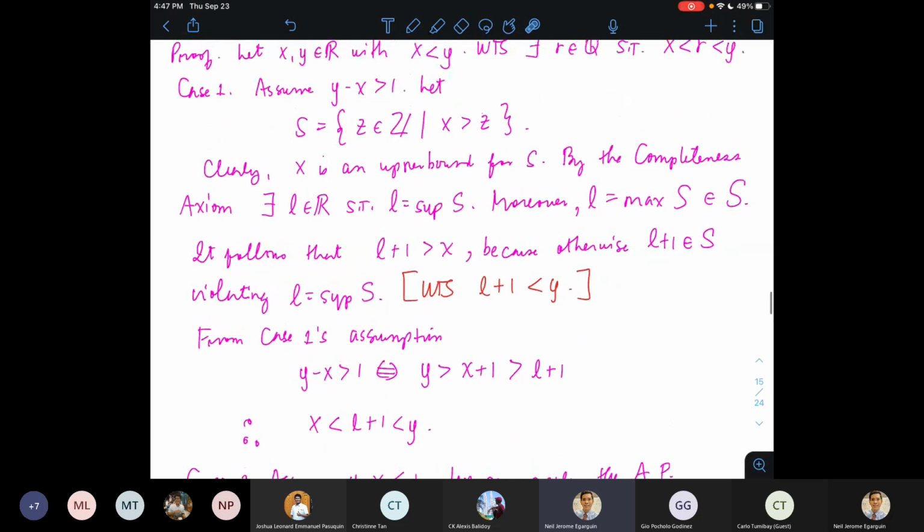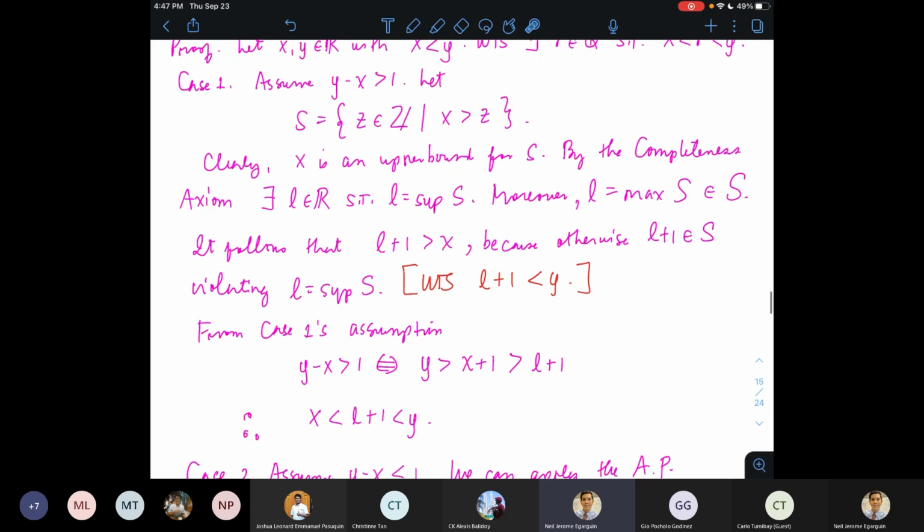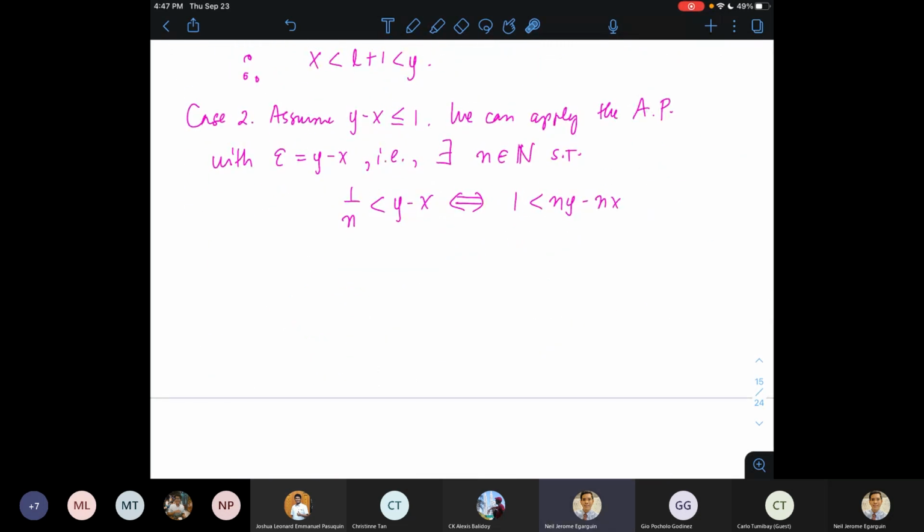Pero na-prove na natin sa case 1, kahit anong real numbers na ang distance between them ay mas malaki kay 1, it will automatically follow na merong rational numbers sa pagitan nila. And here we are in case 2, we have transformed the case 2 assumption into something involving two real numbers, namely ny and nx, na ang distance between them ay mas malaki kesa kay 1. So pwede ako mag-appeal sa case number 1. So by case 1,